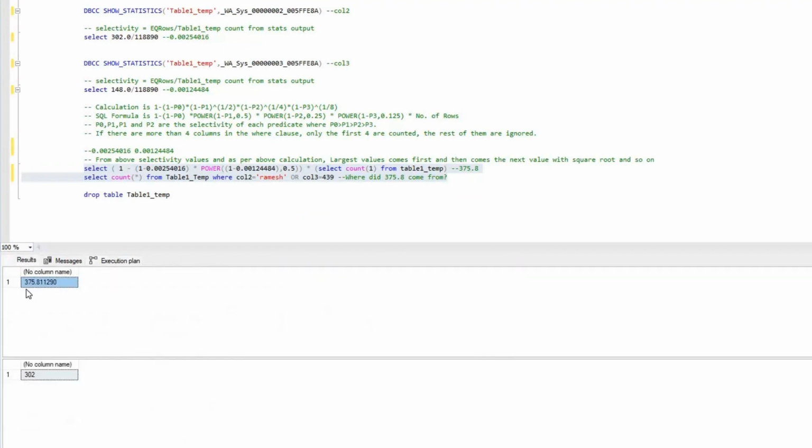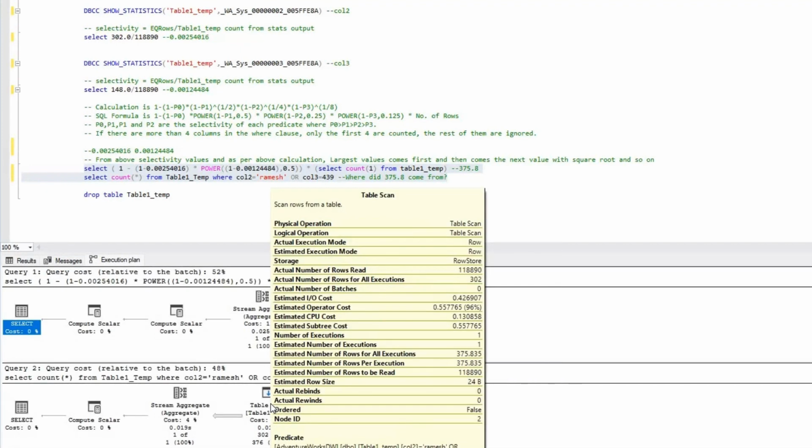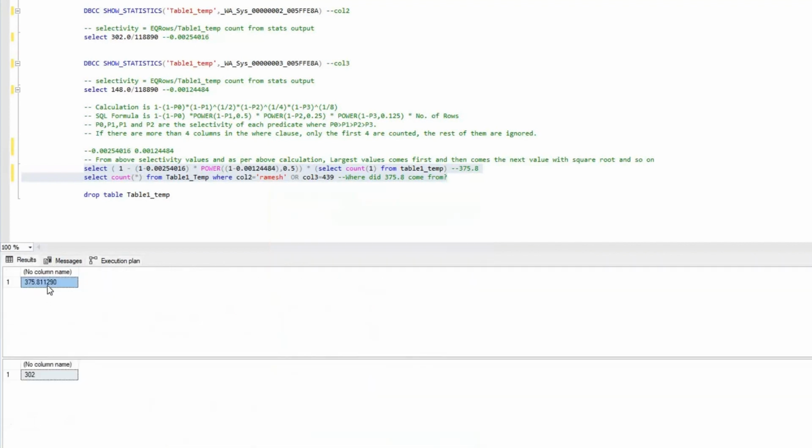And if I look at the calculation, it is the same, 375.8. So this is the calculation that the query optimizer performs